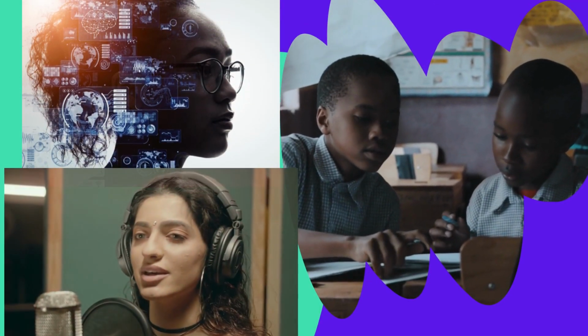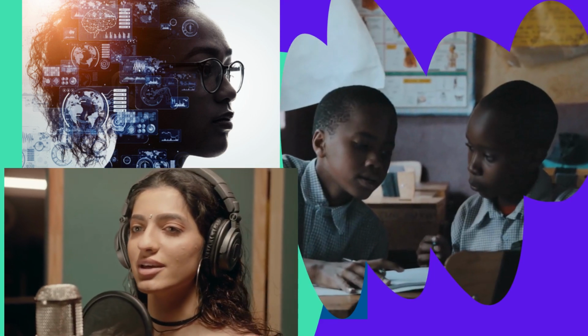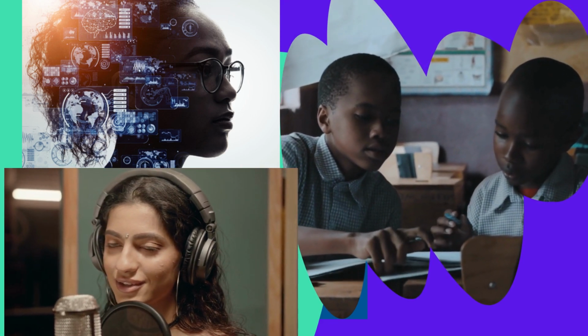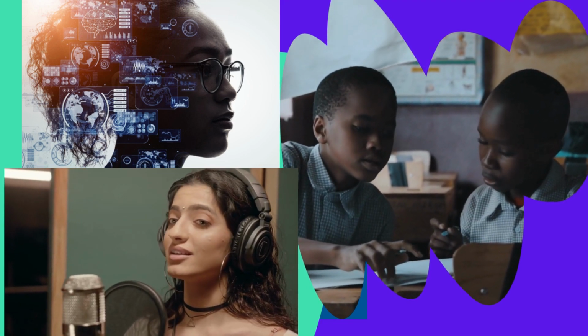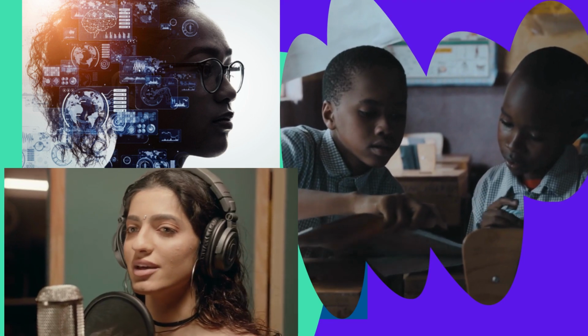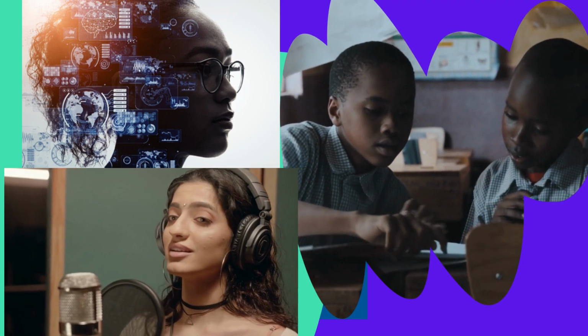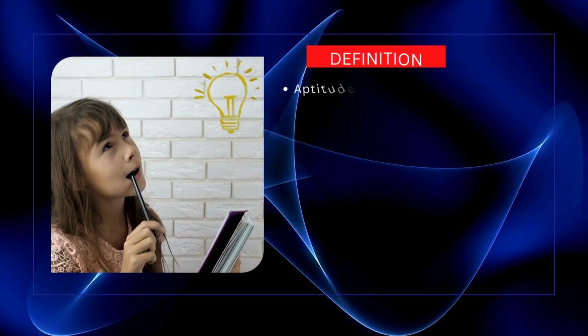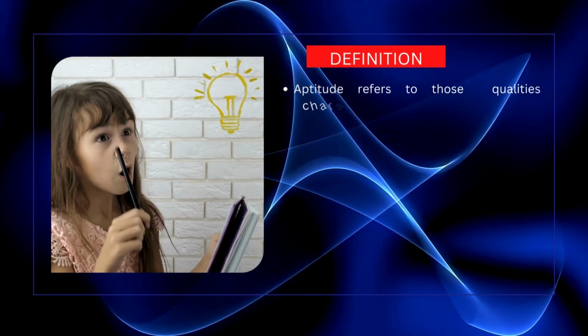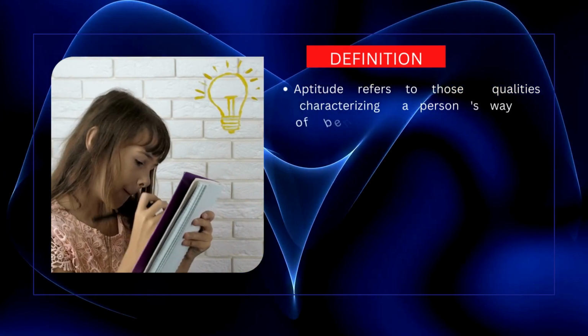As you all know, some people can paint beautifully but cannot sing, and some people are good at oral communication but find it difficult to handle any mechanical device. So these basic differences bring satisfaction to the individual. The reason for the differences is mainly due to aptitude. I will explain about the aptitude definitions.